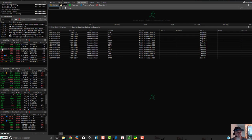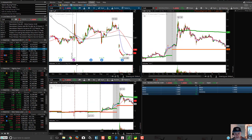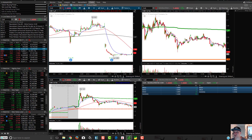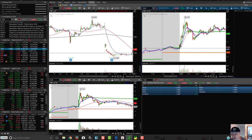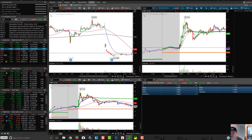So CUR at or above 138. Take a look over here, and we will see CUR. You'll see this one right at the start of the day. It triggered the 138. Let's see if we can go over here. Yeah, right when the day started, that 138 would have kicked in, and you'll see bull flag, went up, crashed down. Usually that's 2 pullbacks and then a sell-off. So a 1, 2, maybe 3 here, or if you want to call this 1, 2, goes up, creates a peak, sells off. But if you followed this on the 1 minute, the 138 would have triggered right away, had a tiny little pullback, and then you'll see this one all the way up